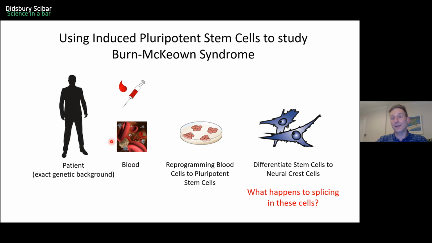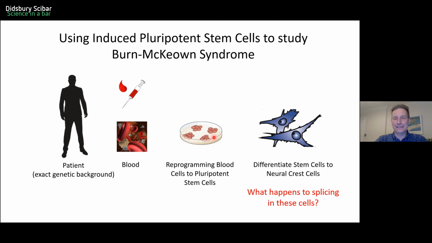All we need to do is to take out their blood, which is a very simple procedure. People aren't too bothered about that. And what we can do is we can take these blood cells and reprogram them in a petri dish in the lab into these stem cells called pluripotent stem cells. What pluripotent means is that these stem cells can then go on and develop into any other cell type. So we've induced these blood cells to go back into their primordial, initial state, where they can now differentiate and go off and be any other cell type.